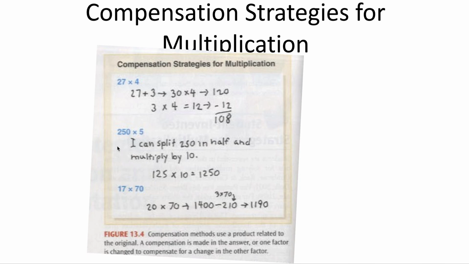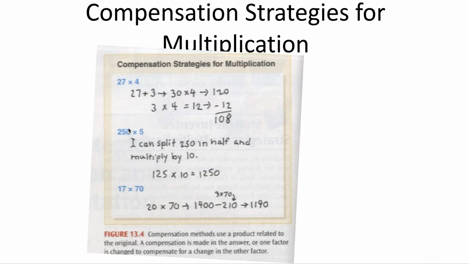Let's take a look at this. 250 times 5. Oh, it's nice that this person explained. I can split 250 in half, which is 125, right? And multiply that by 10. Wow, that's pretty cool, isn't it? Because